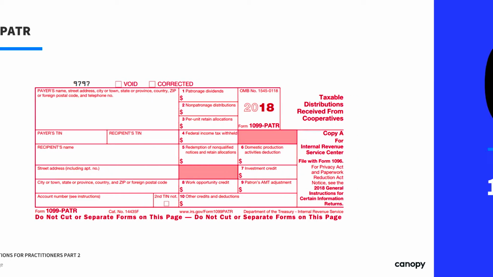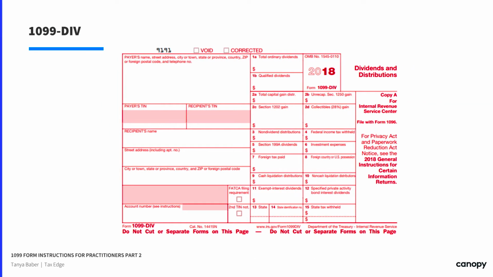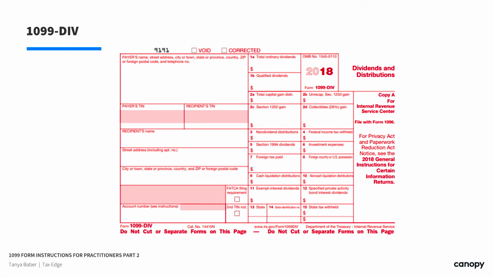As we look at a 1099-DIV for dividends, we get the nice bonus that copies B and C are online fillable. We still have the red line form for copy A that you have to have. Normally, office supply places may have the more common ones. Some of these more obscure ones, you're going to be able to get from the IRS. Just give it enough time to get those forms in. They will send them to you, but you want to make sure to get the actual red line forms in